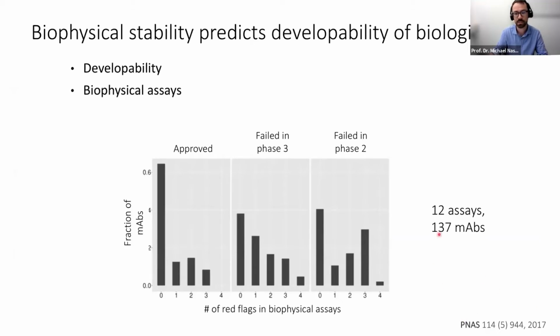So in this paper that I'm citing here, this came out of Adimab, which is a spinoff from Dane Wittrup's lab at MIT, and they did 12 different biophysical assays, like some of the ones I mentioned, and they tested 137 different monoclonal antibodies that had been entering into the clinical trial pipeline. And some of these monoclonals had failed at different phases, like phase 2 or phase 3 clinical trials, and some of them had made it all the way to approval. And when they tested these, they found that